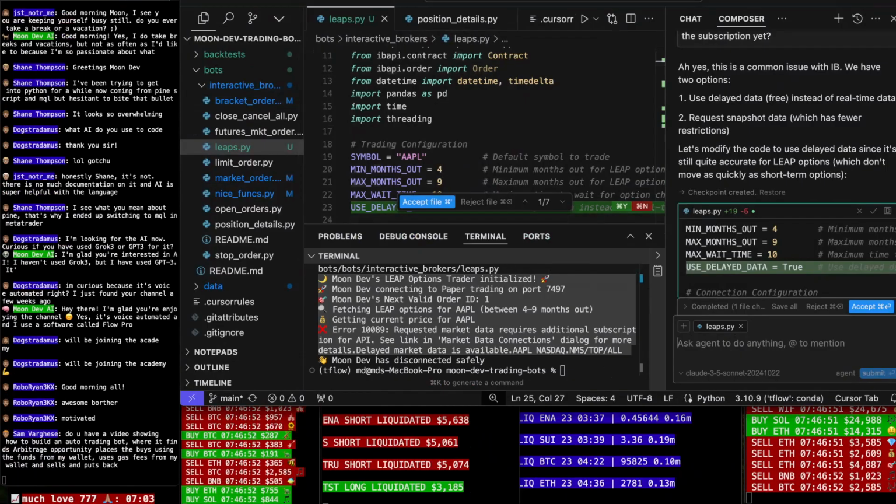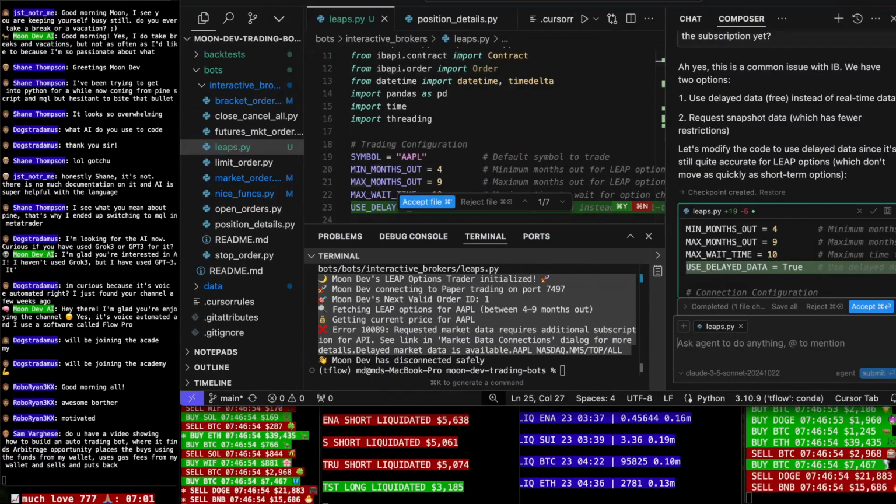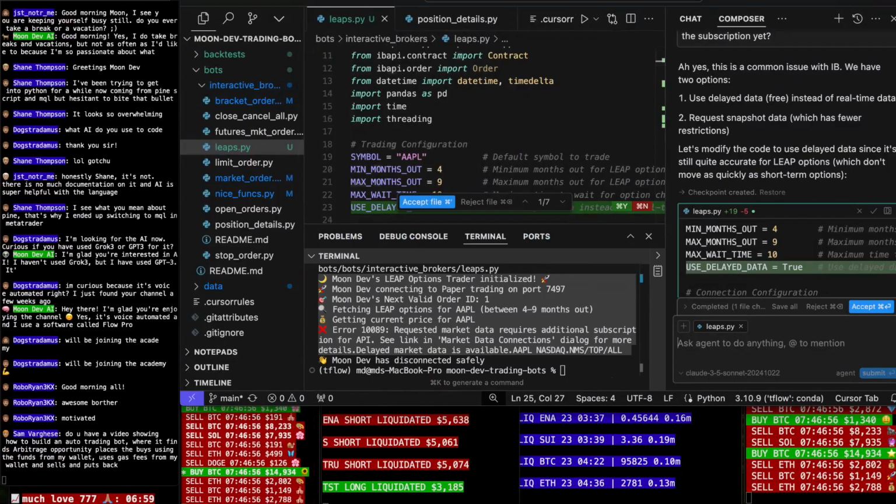You have videos showing how to build an auto trading bot where it finds arbitrage opportunities, places the buys using funds from my wallet, uses gas fees from my wallet, and sells